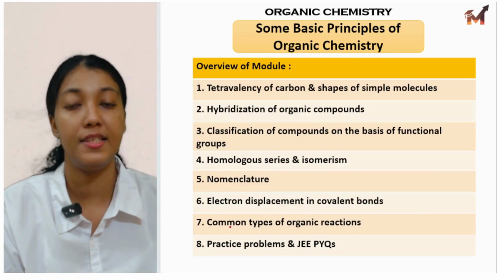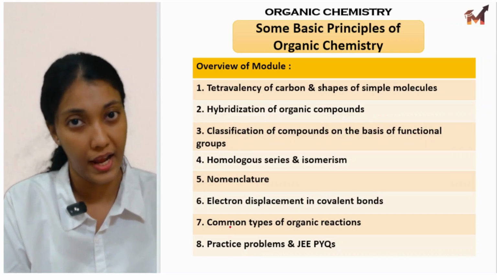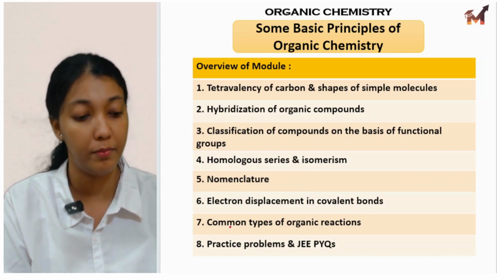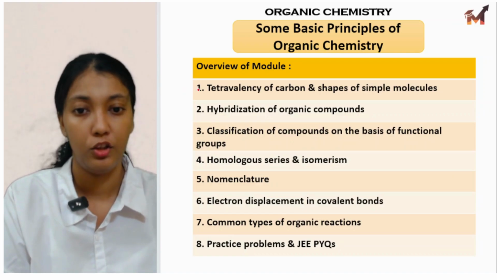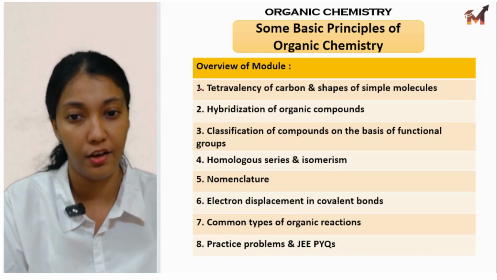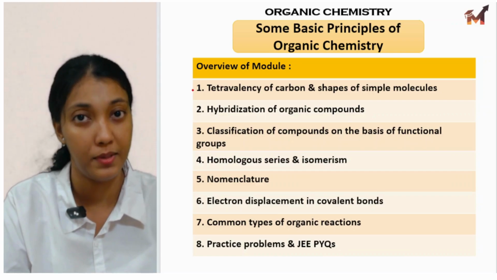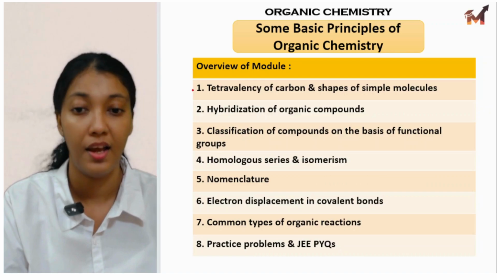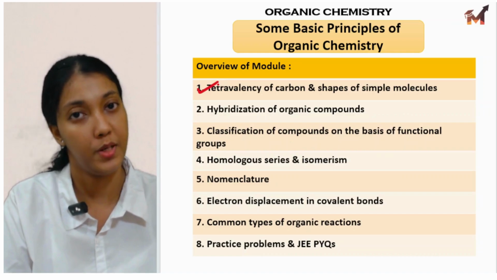Moving on, these are some basic principles of organic chemistry. इसके पहले whatever organic chemistry we have studied, we will recap those and we will build on more advanced topics in this chapter. तो पहले ही हम बात करेंगे टेट्रावैलेंसी ऑफ कार्बन, जिसके ऊपर पूरी ऑर्गेनिक केमिस्ट्री बेस्ड है, कि कार्बन की टेट्रावैलेंसी के ऊपर कि वो 4 बॉन्ड्स बना सकता है. So we will study that, the tetravalency and shapes of simple molecules,